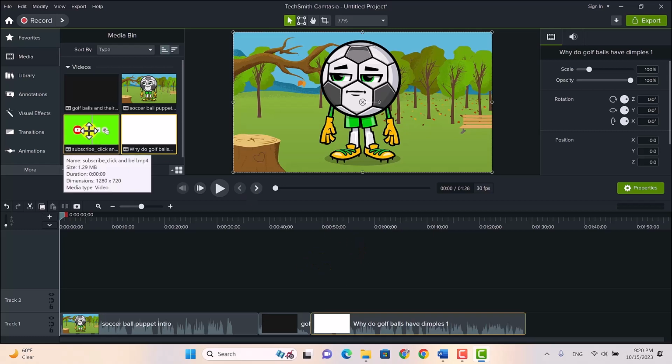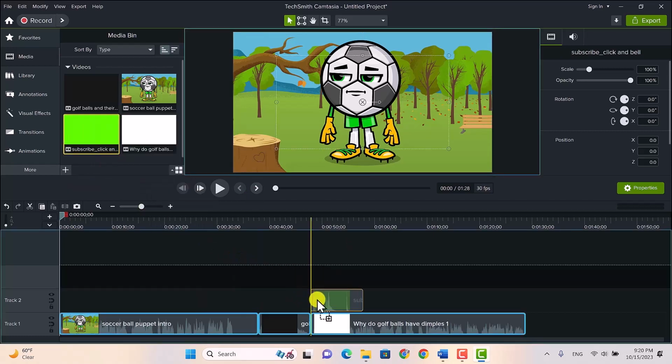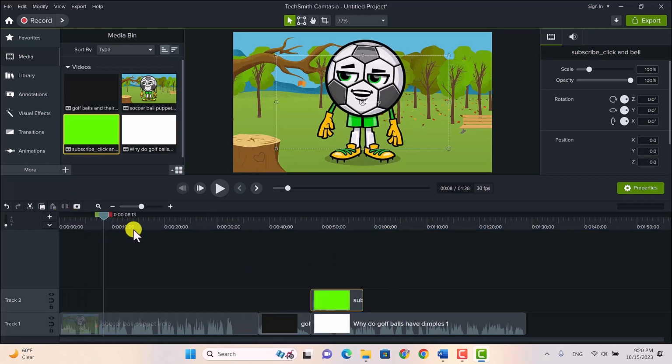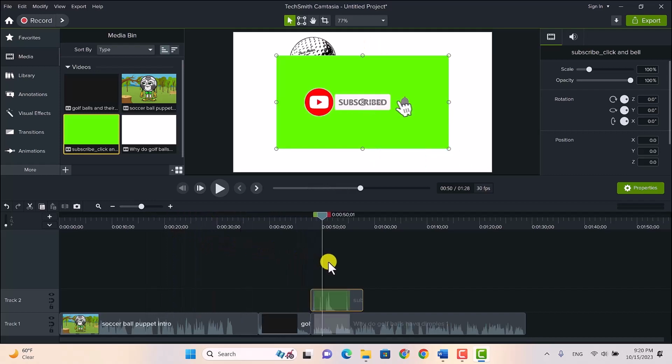Now we have to take this and put it on the timeline. It's a subscribe button. So we'll put the subscribe button over here and scrub along so we can see our video clips right there. And notice that our subscribe button looks really strange. And it looks really strange because it's got a green screen on the back